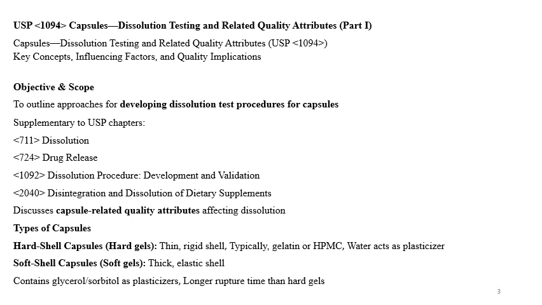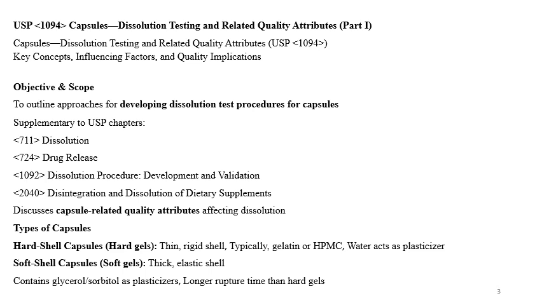So let's discuss the capsule quality attributes. Mainly there are 2 types of capsules, hard gelatin capsules and soft gelatin capsules. Hard shell capsules, known as hard gels, have a thin rigid shell, typically gelatin or HPMC, and water acts as a plasticizer. These may contain other components like SLS, sometimes titanium dioxide and colorants,